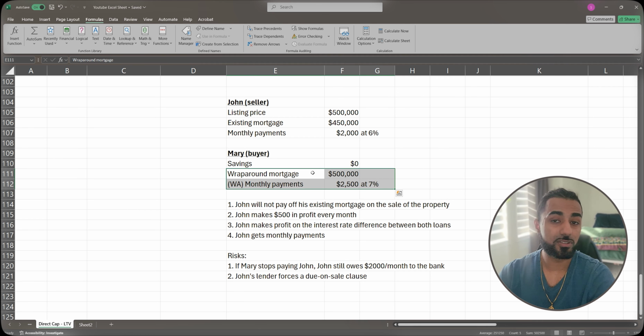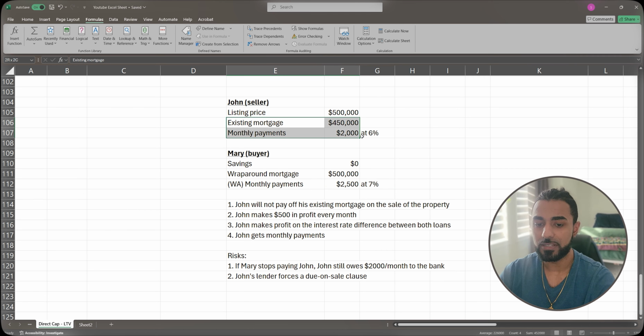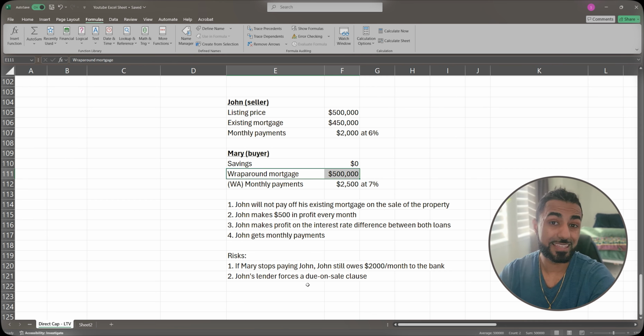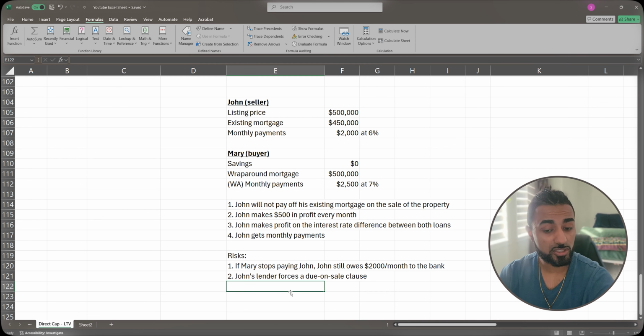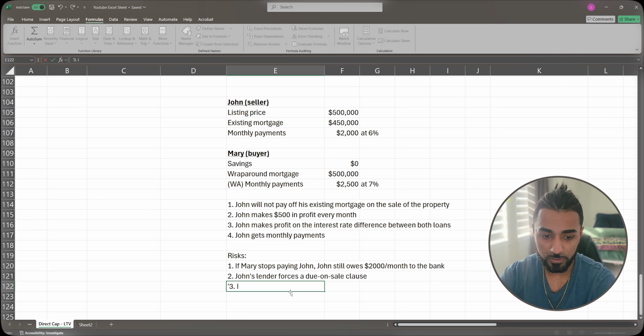Of course, they can still keep the wraparound mortgage in place, but it's no longer really considered a wraparound mortgage, because if he pays off this existing mortgage, then it's not wrapping around anything. So technically or legally, they would have to revamp that contract or basically cancel this wraparound mortgage. Okay, now risk number three, which is actually a risk for Mary, is that if John stops paying